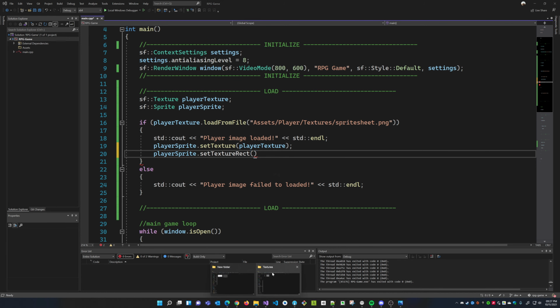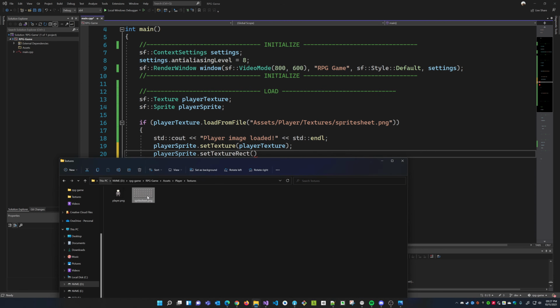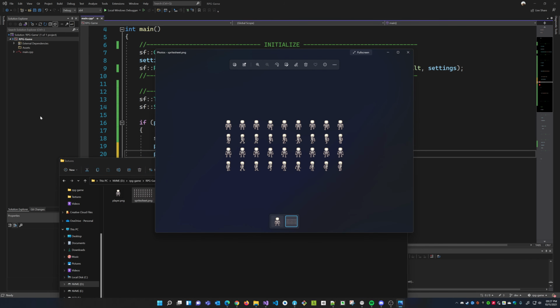So what that means, if I open this, is you will set a position and a width for this rectangle.